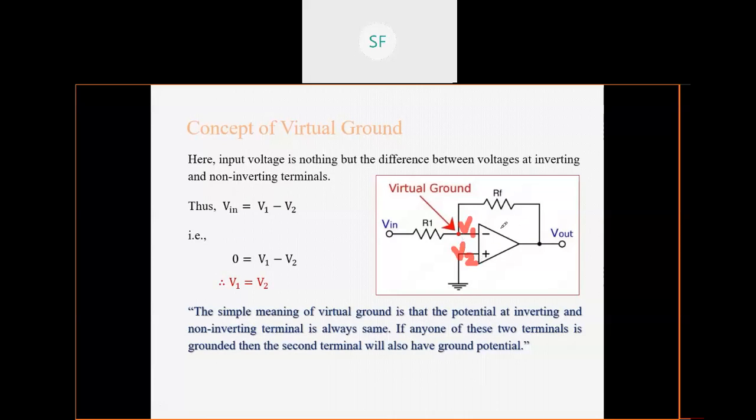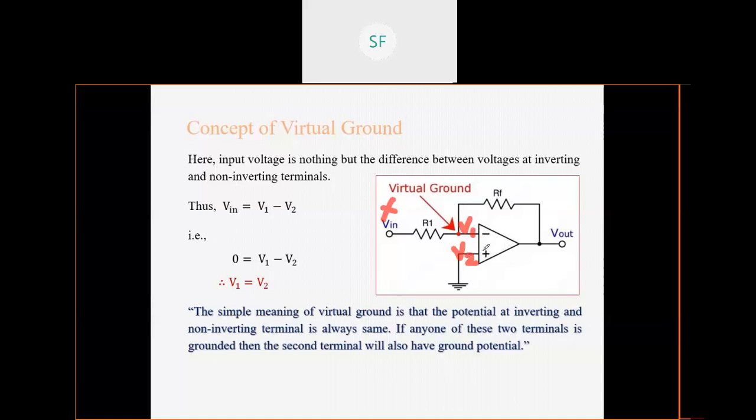We know that op amp is nothing but a differential amplifier. So don't look at this V in, don't worry about this V in. This is your additional extra V in, the external voltage. Don't get into that. In this diagram, for op amp, what will be the input? It will be nothing but the difference between V1 minus V2.